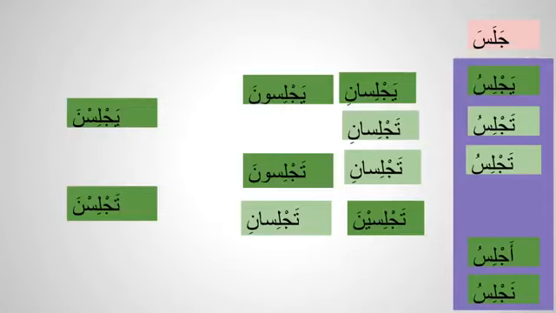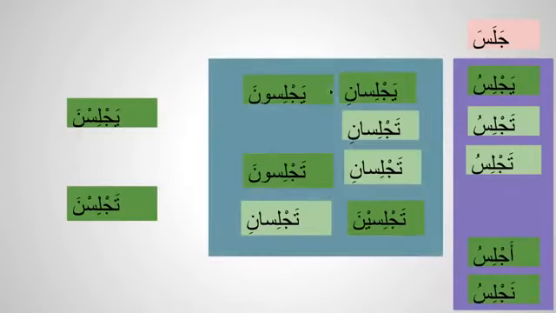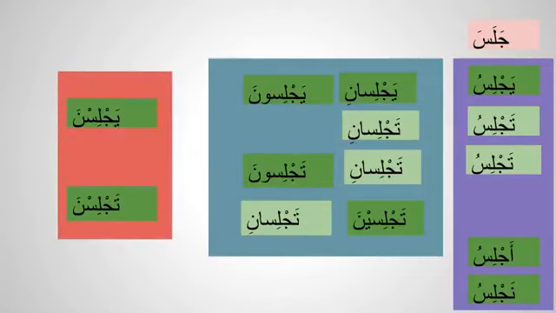So we got two groups here. Here the fa'il is mustatir, or what we call the five in your pocket, and we got noon aata hai, noon jata hai group, which is called afwalul khamsa, the five special verbs. And we got the mabni group, where the fa'il is attached and they don't change anything, it comes in front of them.